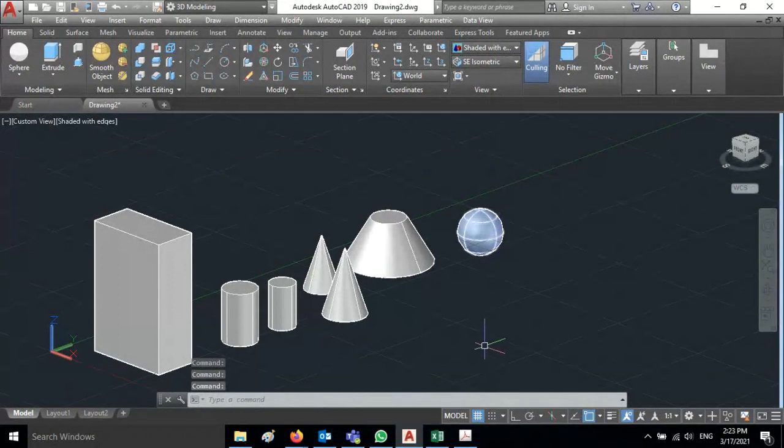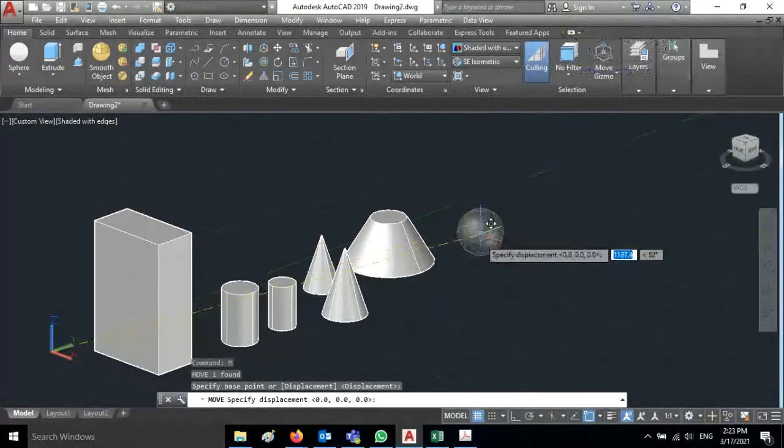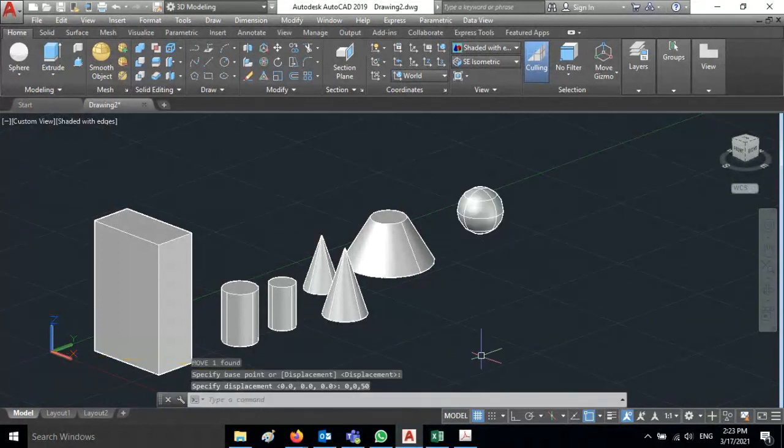If you want to move to the base, you have to move that one. You can also move this, just to select and move. Command move, and the displacement you have to give. x, y is the displacement you have to give, and x and y there is no displacement, therefore 0, 0, and y displacement, since we have entered 40, you can also move it 50 millimeters, so it will move up.